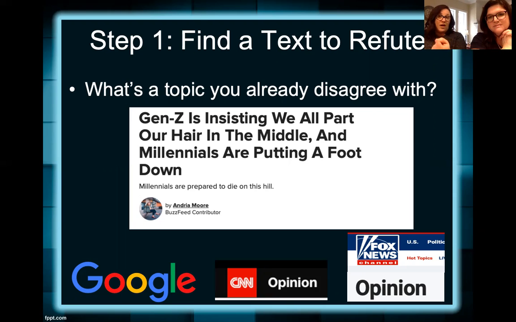Students have, so if you have an article, like right now, there is a movement going on that we should all part our hair in the middle. And as you can see, Dr. Thayer and I adhere very strictly to a side part situation. I just don't have the bone structure for a middle part. Tried it, doesn't work. So I might look up an article about that topic. Now, I did look up an article about it, and when I read it, I realized there really wasn't enough to talk about. So then where could I go?